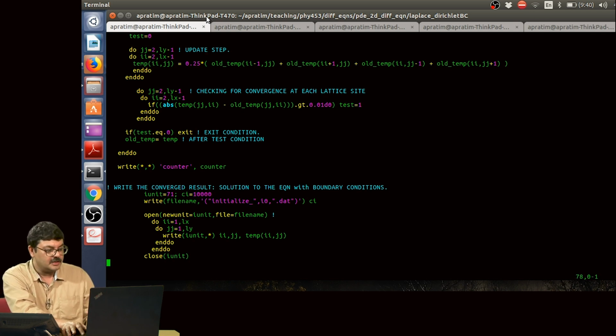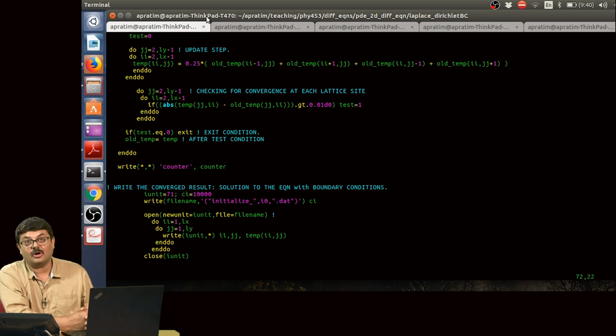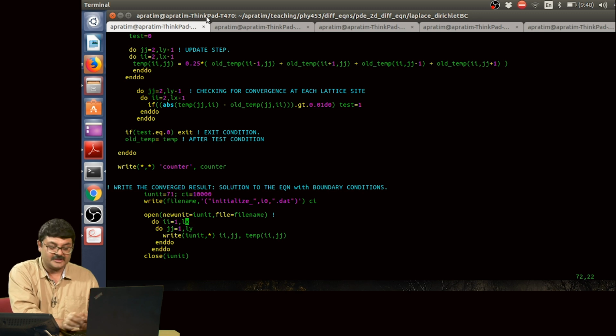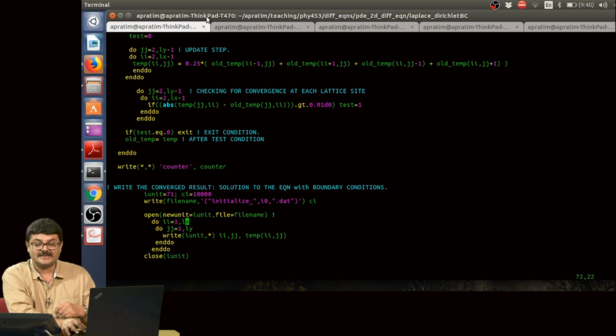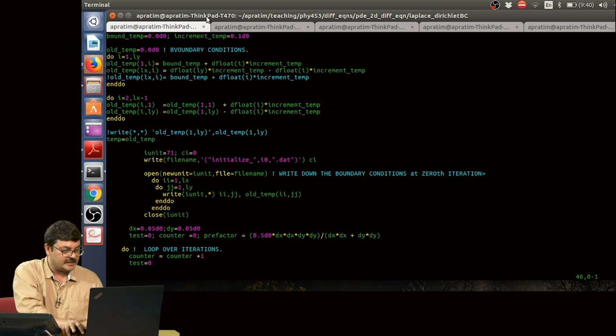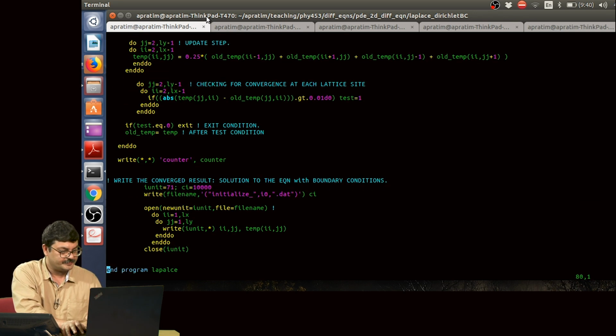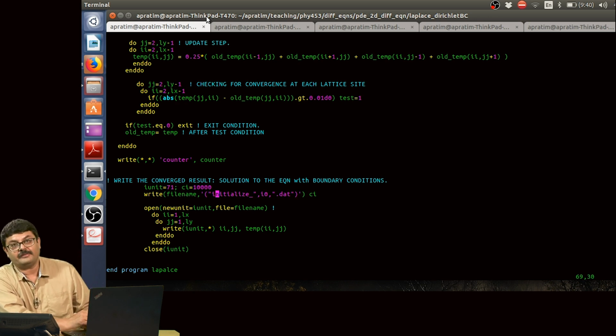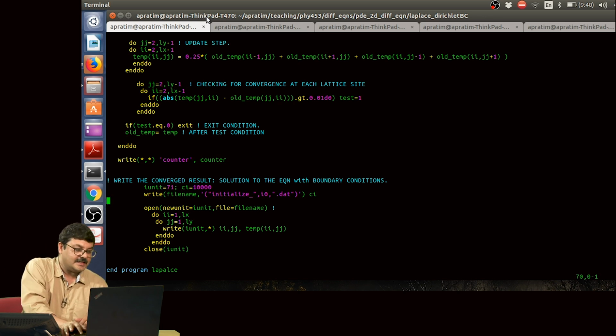At the end, what do you want? You want to write down the value of the temperature at each of these lattice points in a file. So, what I have chosen as the file is basically initialize_1000, and CI equal to 10,000 here. So, a file will be created, which is initialize_1000.dat, and within that you are going to write down the temperature at each